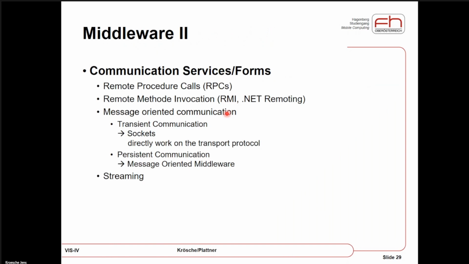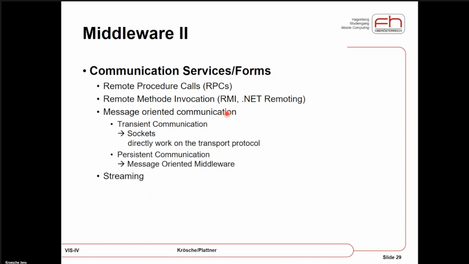Okay, so we first take a look at the lowest level of middleware that we can get our hands on, and this is typically grouped as the communication-oriented middleware.